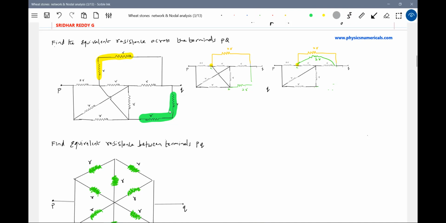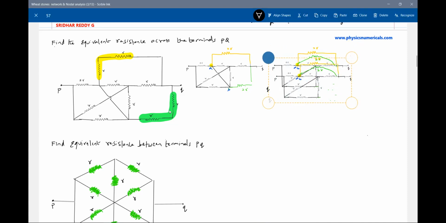Why? Because A and B, they are joined by a wire, no? Are you seeing a wire here? This is a wire. So potential at A should be equal to B, they're joined by wire. So I'll make A and B a common point. So now this will become AB. Okay, I think you are able to notice. Now this will be 2R and 2R, parallel effective resistance is R, and that will be in series with this. So for the next part of circuit, we have to just keep on simplifying the network.